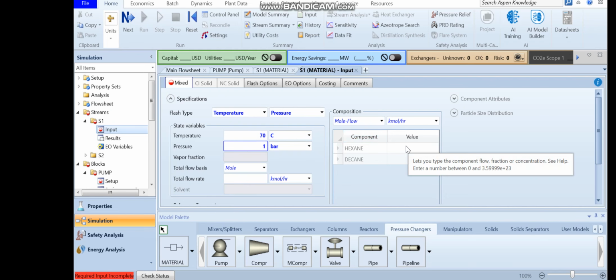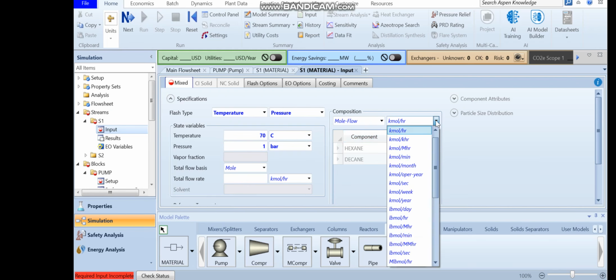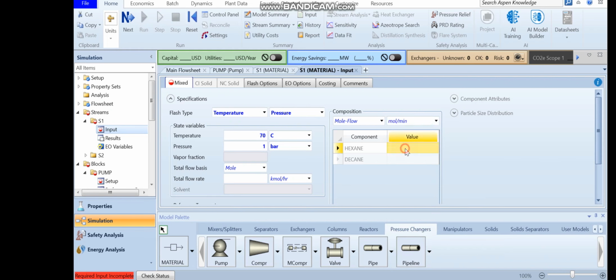The mole flow rate is given in mole per minute, so I will change this to mole per minute. The hexane is flowing at 100 mole per minute, and the decane is also flowing at 100 mole per minute. Okay. Now I want to raise the